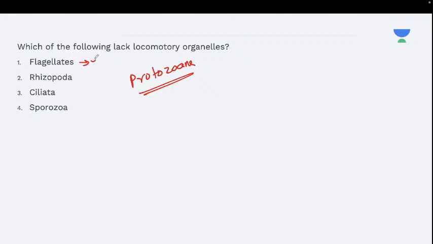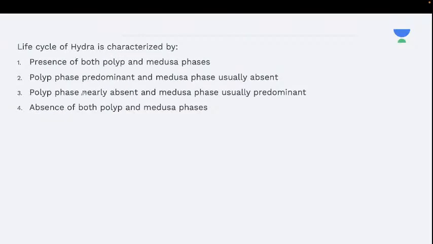So flagellates, flagella; rhizopoda, I think these are the pseudopods; ciliate, cilia; sporozoa, they do not have any locomotory organ. This is the answer. Life cycle of Hydra is characterized by